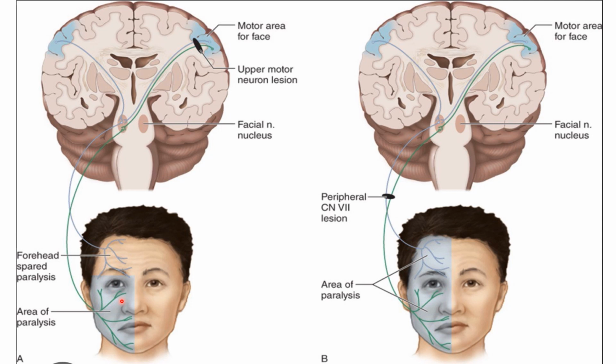Now let's look at the lower motor neuron lesion. Now the lesion or the damage is below the level of the pons. So you see, once the damage is here, you trace the fiber. This is going to the lower part of the face. There's the damage here. This one is supplying the upper part of the face. So the damage is on the whole half of the face. So for lower motor neuron lesion, the paralysis is on one half of the face, the other half is intact. But for upper motor neuron lesion, the paralysis is on the lower half of the face,